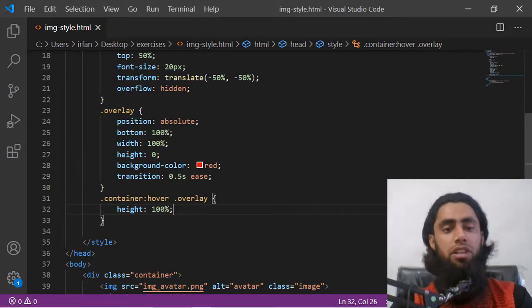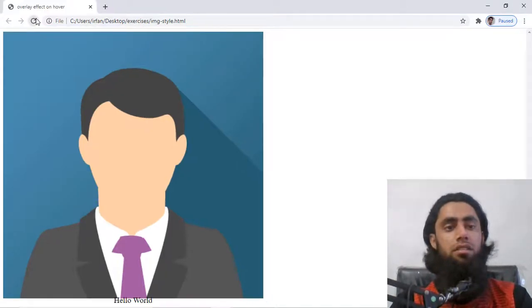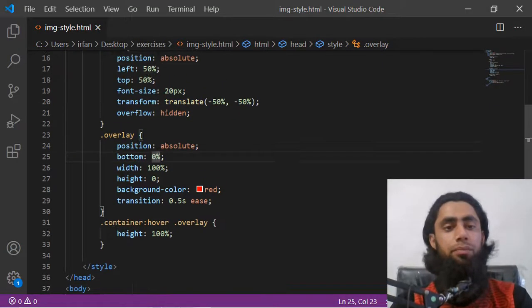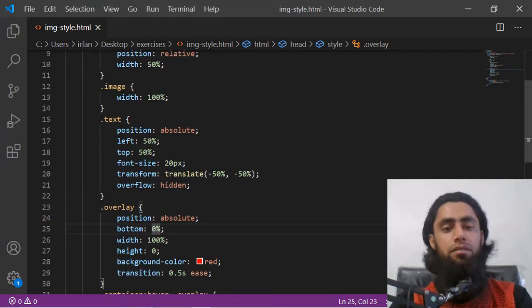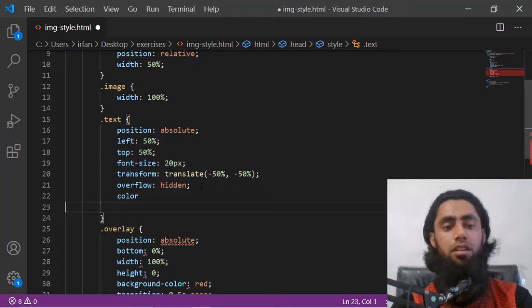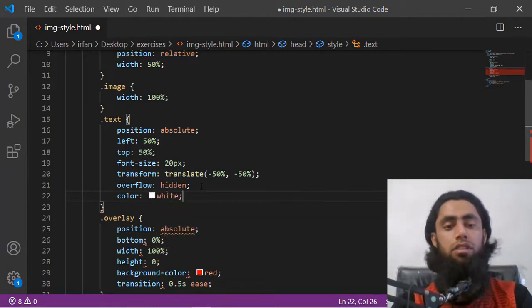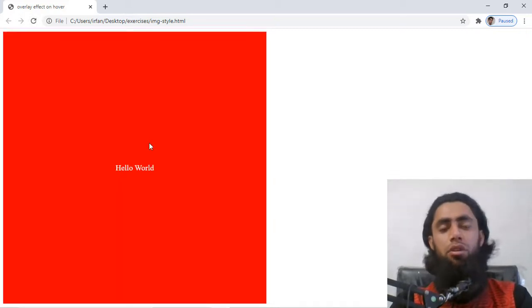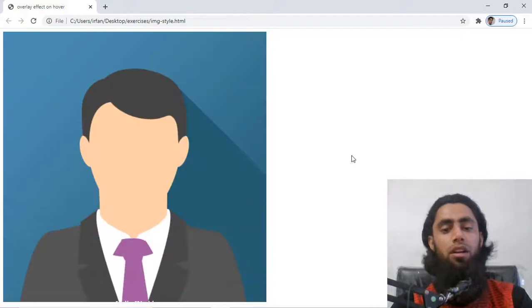So what we will have to do here is, for example, I am adding here 0%. Now you can see that, and let me add the color of this hello world to white. Color white. Now let's see. So now you can see that this is going from bottom to top. All right,